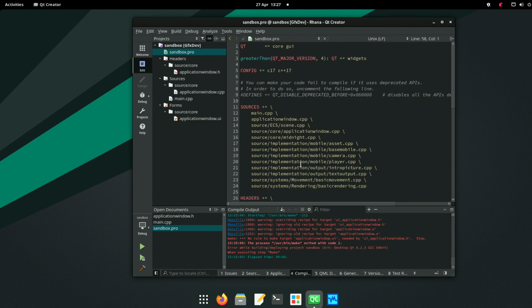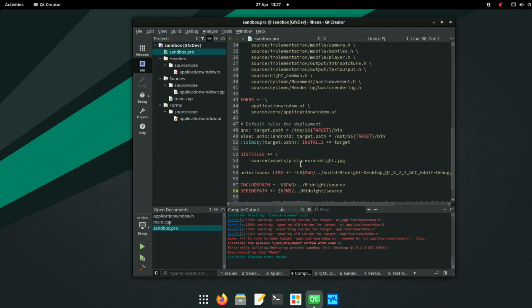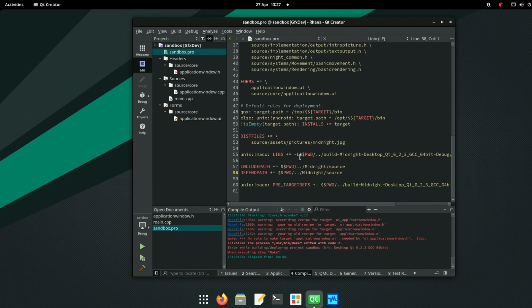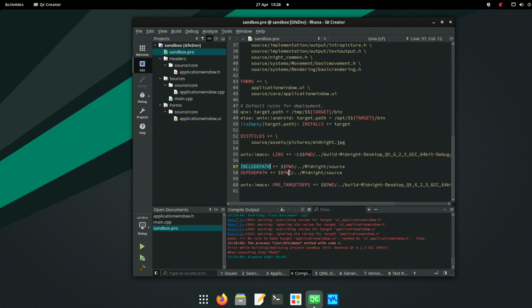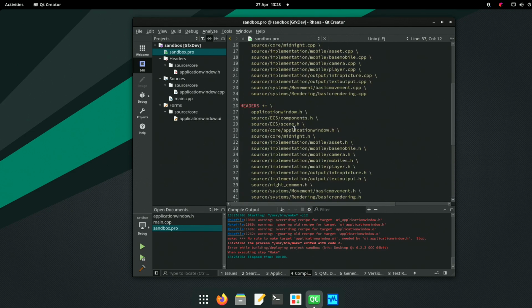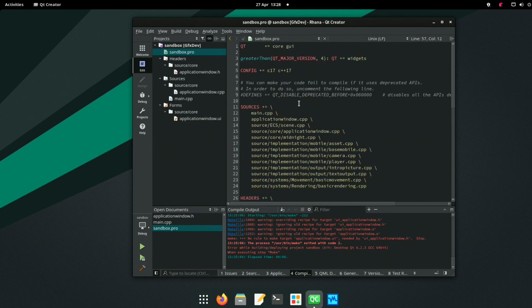We don't have any path configuration. We will down here for the library. Include path. We would need an include path to our own source core for that to work. Interesting.